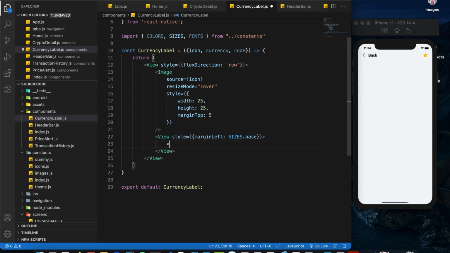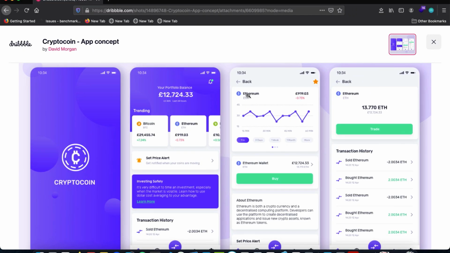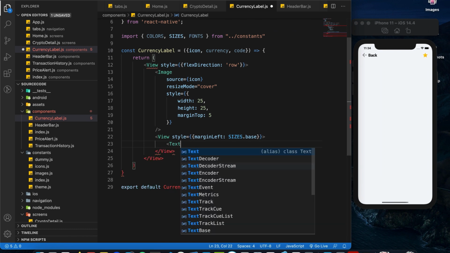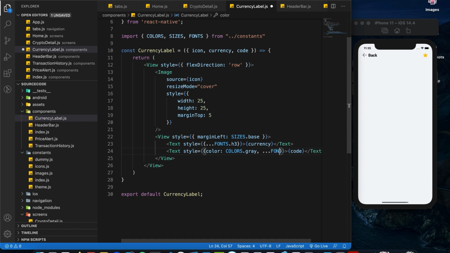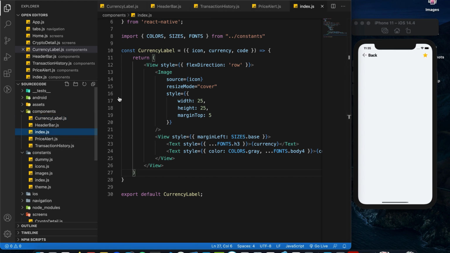And here we will have two text components actually. Yep, two text components. Alright, so this one is going to be currency, and this one is going to be code. And lastly, we will give the text component a bit of styling. So style equals to fonts.h3, and this one style equals to color equals to colors.gray, and the font is body4. Save it,